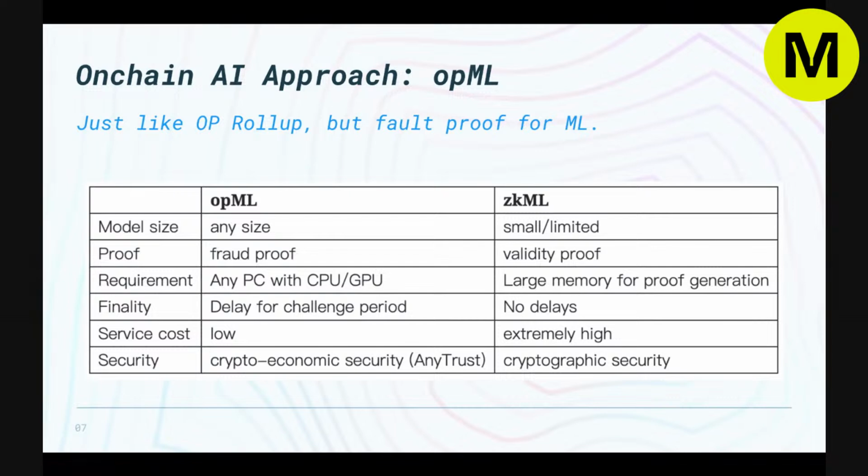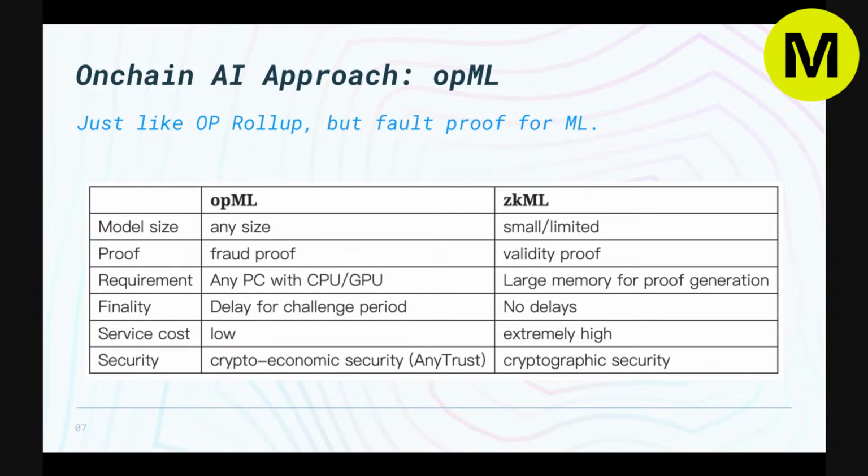And also for this GPT-2 model, you still suffer from 2 days to generate just one inference. So imagine if more transactions and more volume come into the application, it doesn't really fit if you use ZKML. But what we created around OPML goes beyond that limitation, because it's like an OP rollup compared to a ZK rollup.